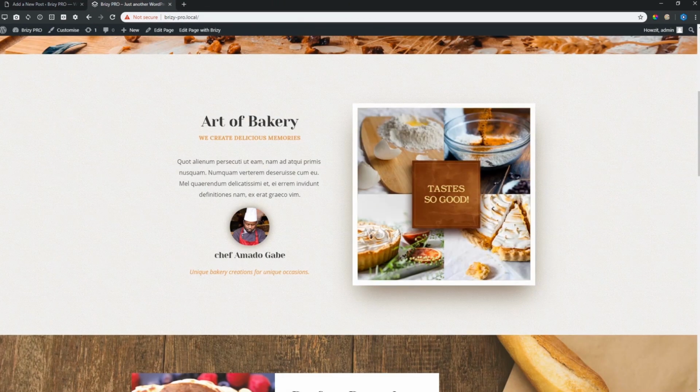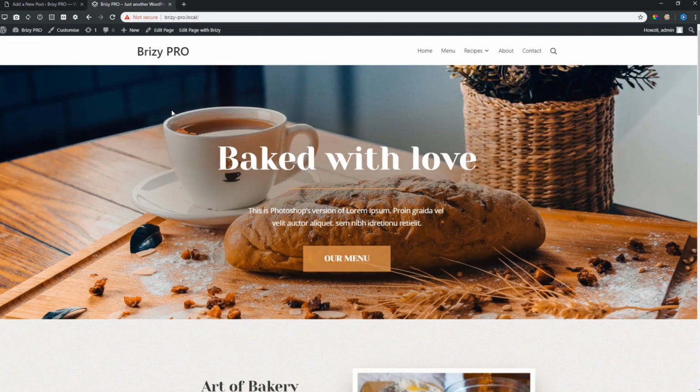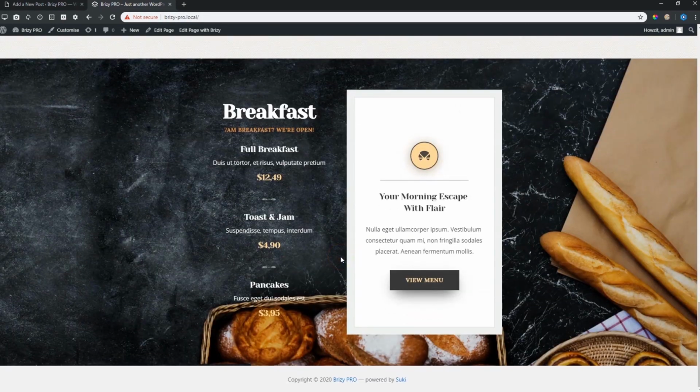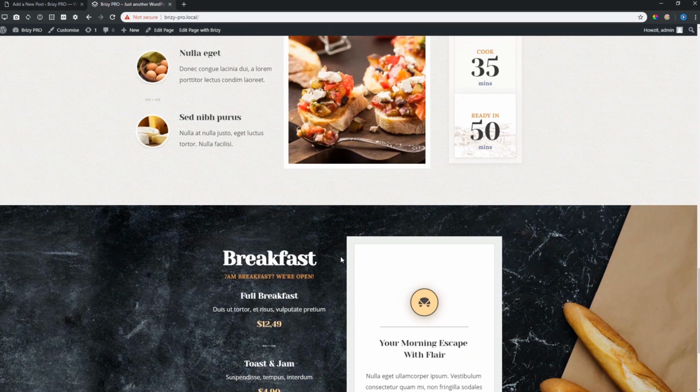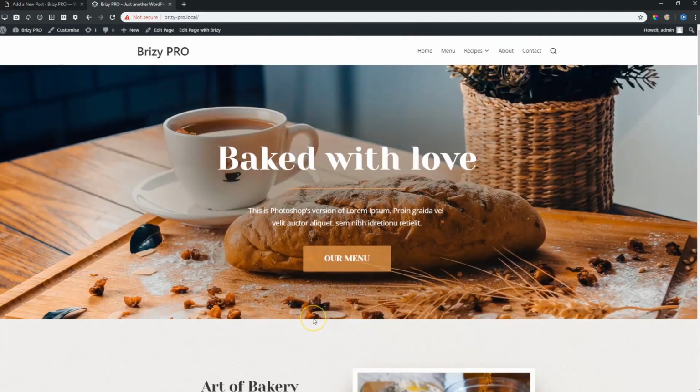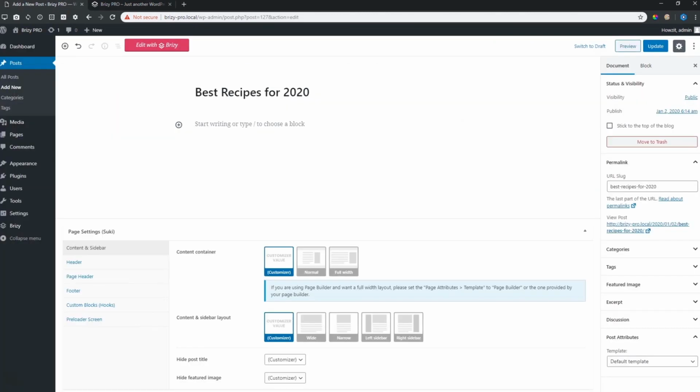Pages, you're going to be using it for your static site, things that don't really change. You know, you're going to have this image maybe for a year. Next year, you'll take a new image and you'll change it. Your menu is probably going to stay the same for a few months or even a year or two. And the rest of this information here is unchanging. This is how you want it to remain. When it's that situation, you create a page, you build it out with Brizy Page Builder, and then you let it be. On the other hand, if you want to have news, you're going to create it with a post.